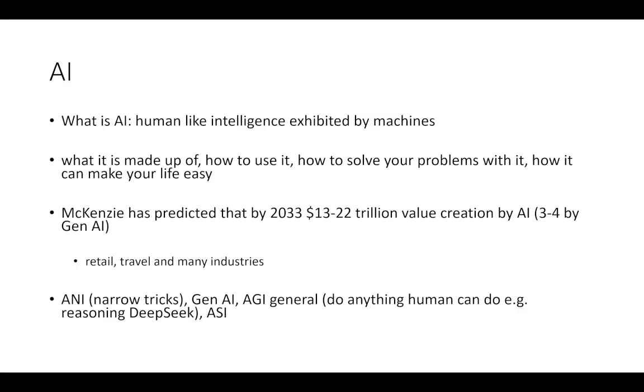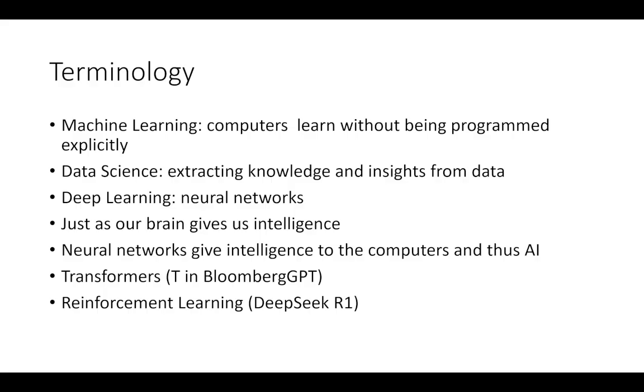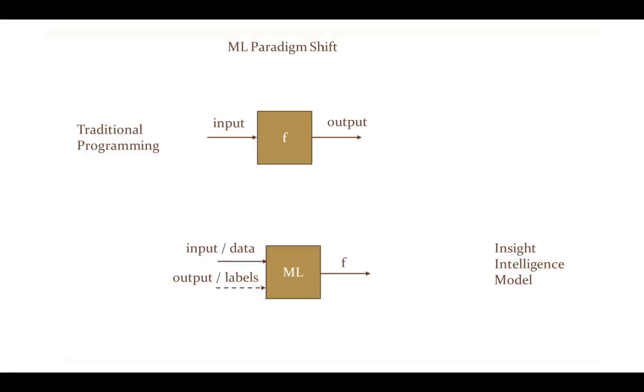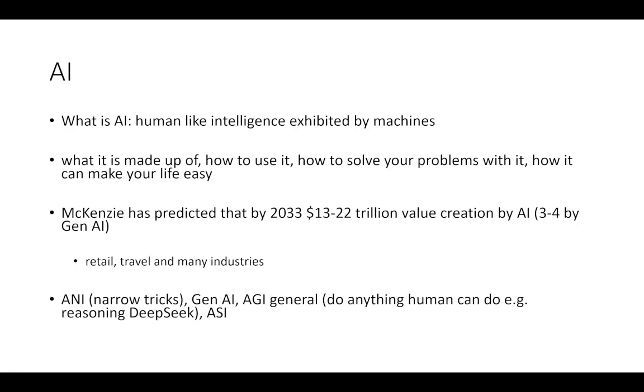ANI is already here, right? Gen AI being a significant part of it, right? AGI, maybe the next decade, right? ASI, maybe a century beyond the next decade. Okay, so that is a picture of AI as we can have it. Or you can probably call that the spectrum of AI, right, as we can have it.